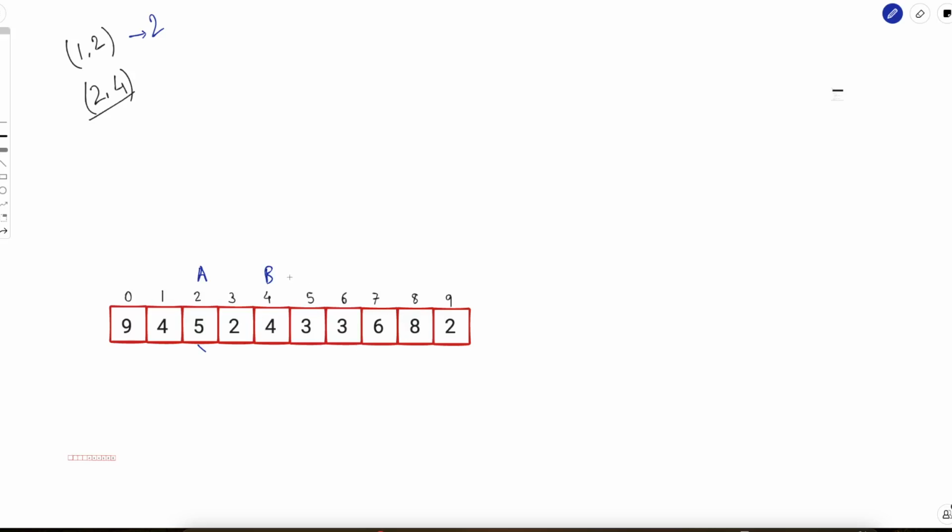They can meet at any index after 4 if its height is greater than the height of the building where Alice is standing and greater than the height of the building where Bob is standing, right? So Alice can only jump to buildings of height greater than 5. Similarly, Bob can only jump to buildings of height greater than 4. So for them to meet at a particular building, that building should have height greater than both 5 and 4. In other words, that building should have height greater than 5. So in this case, we have two such buildings and we want the leftmost one, so 7 will be the